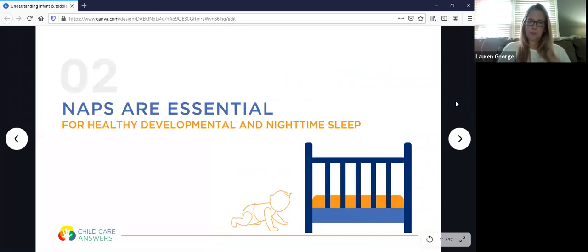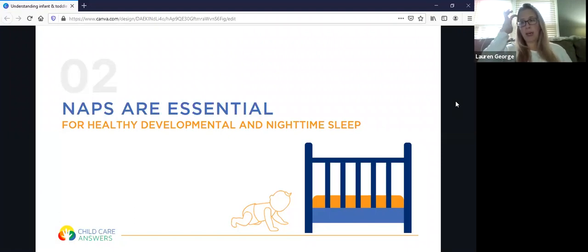Additionally, as we look at routines and nighttime sleep, naps are just as important as nighttime sleep. So naps really set the foundation for nighttime sleep. If a baby or a toddler is well rested, they've had good naps, they've had consistent naps, they're going to transition to sleep at night much smoother and easier than an overtired child who has inconsistent nap schedules or isn't